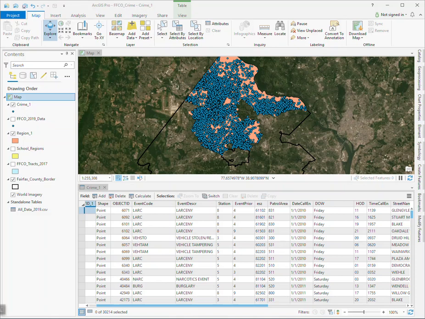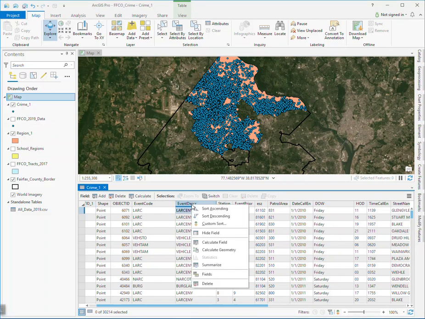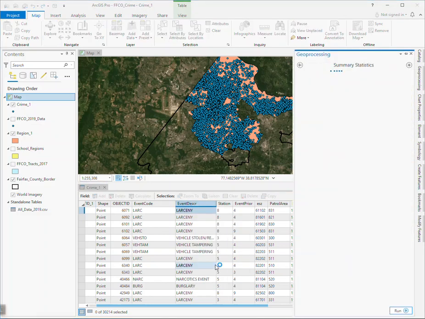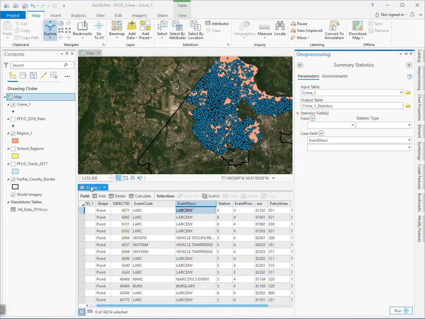And now it's time to make a statistic summary table of the types of crimes that happened in Region 1 from the beginning of the 2009 record keeping to 2019 or part of 2019. So the way we do that, first we're going to make a summary. Before we make any graph, we're always going to be doing some form of a summary of a column. So if I summarize the event description for crime 1, I'm summarizing the event description of all the crimes in the table crime 1,